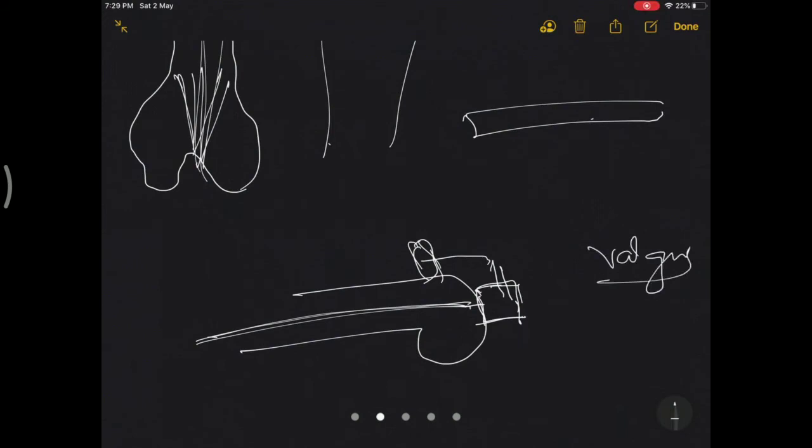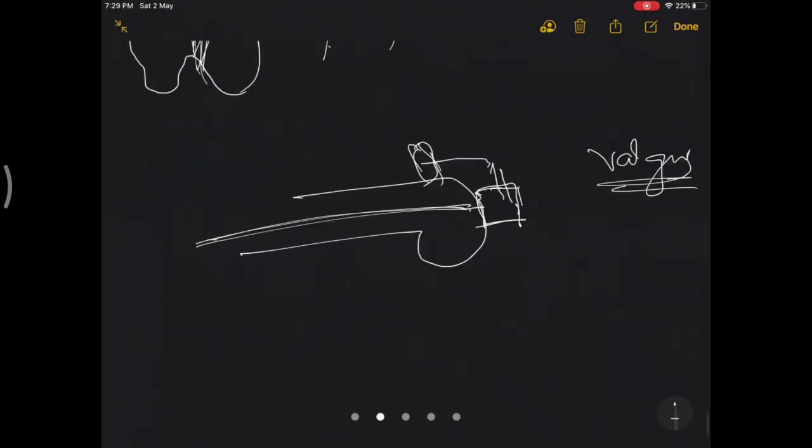Some companies have one block with a dial, where you can change the angle of valgus, while in Smith and Nephew and other companies, you have different blocks altogether for each degree. So they have 3 degree, 6 degree, and 9 degree blocks for this